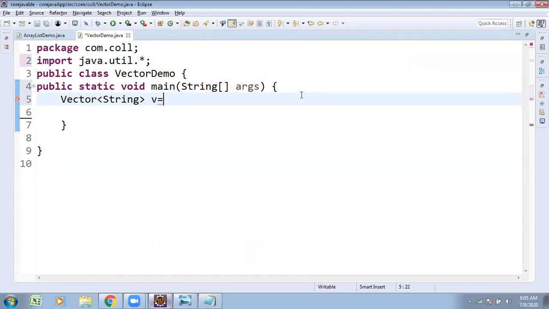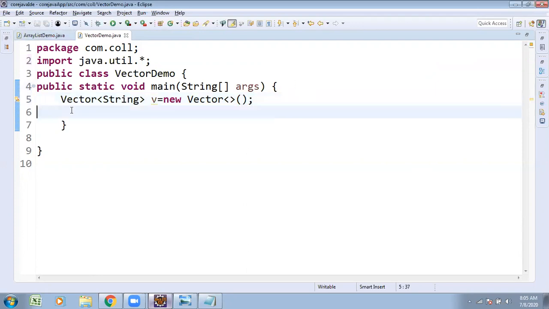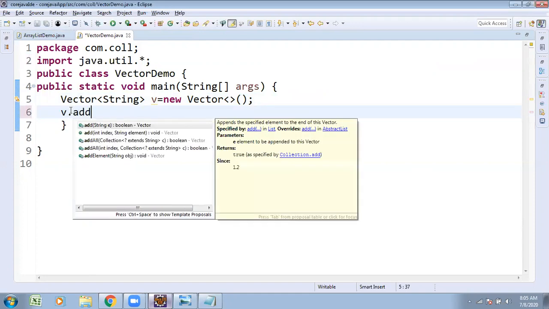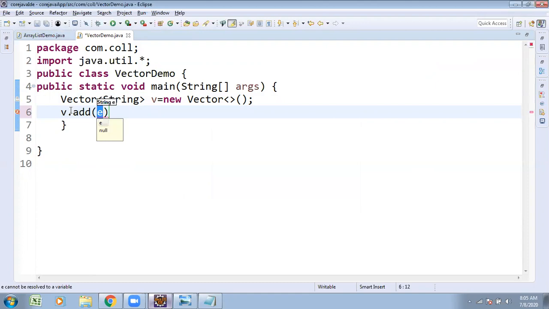Vector string v is equal to new Vector. Now I want to concentrate on adding the elements, with the v.add method. Some collection of company names.